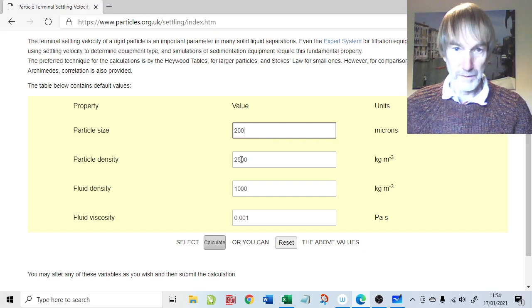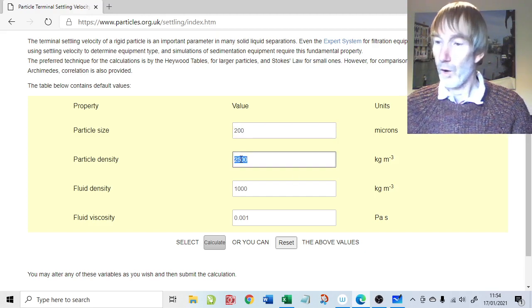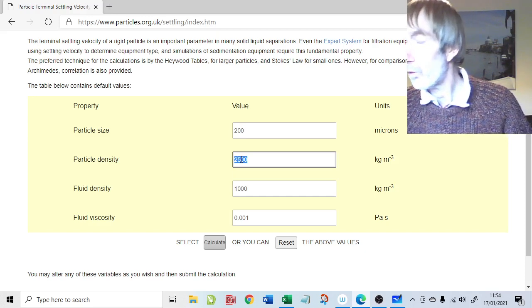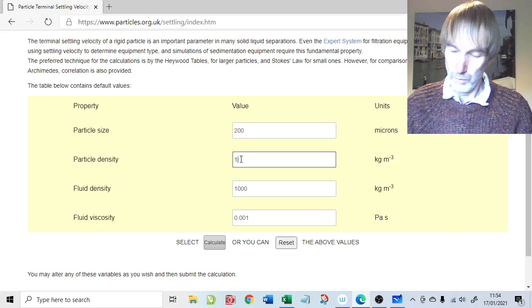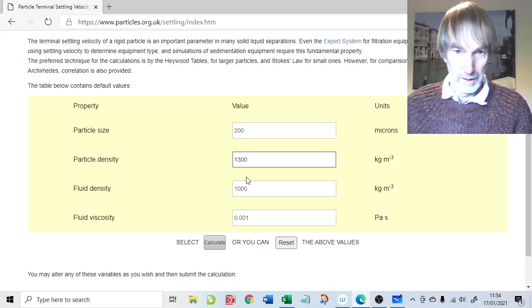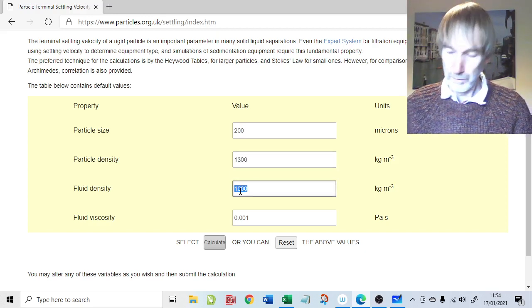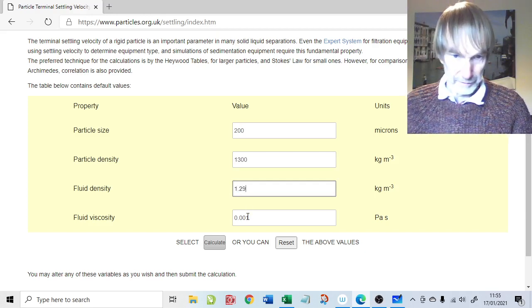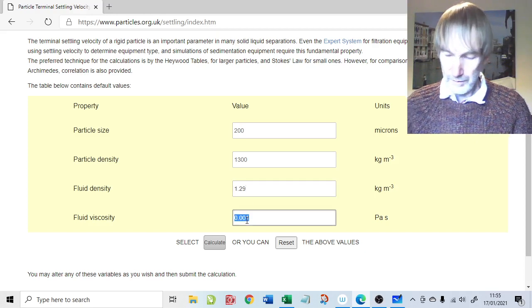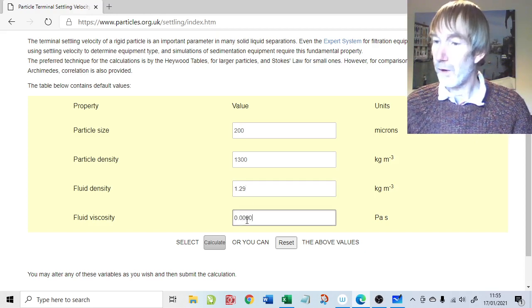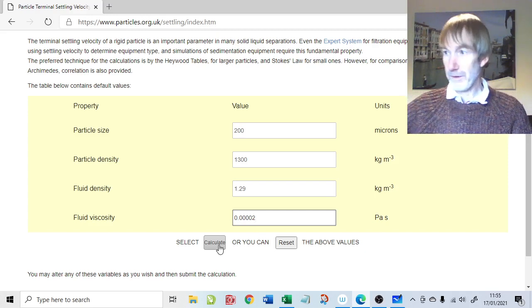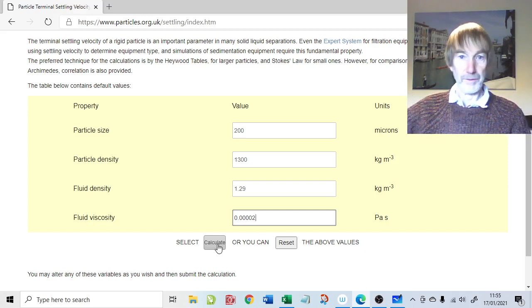The particle density is 1300 in SI units. The fluid density is 1.29. It's a gas, 1.29. Just check, yeah, that's right. And the fluid viscosity is 0.00002. Okay, so if we calculate, press the calculate button, that tells us what the